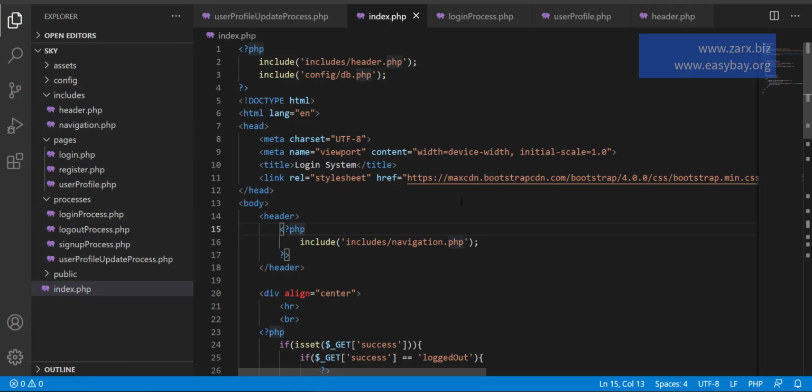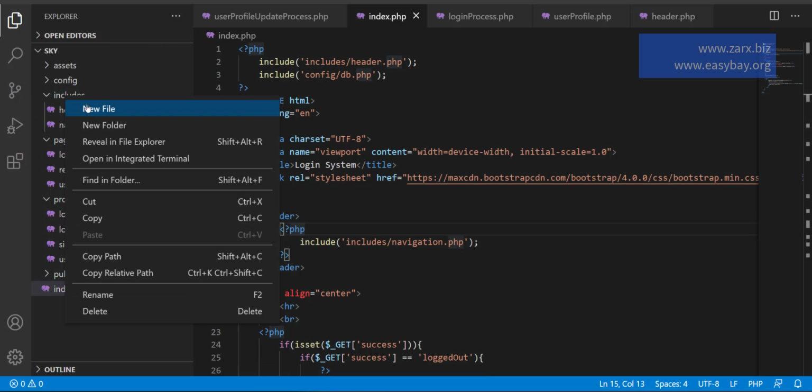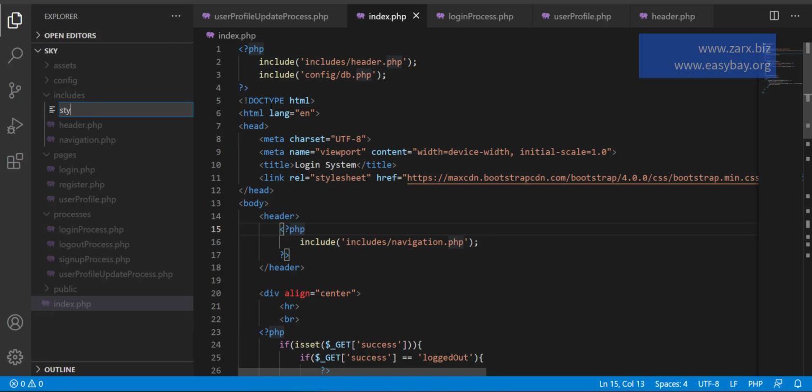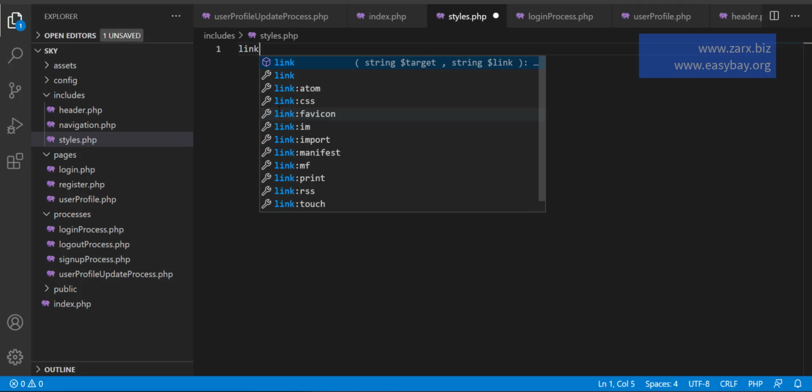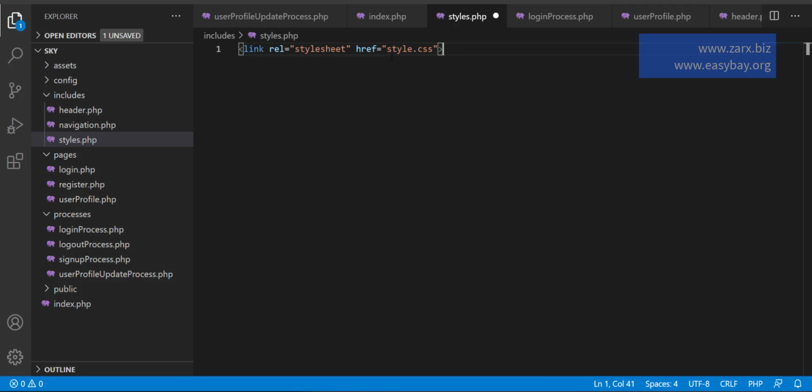Now I want to create a file that is going to include all the CSS files. So for our Bootstrap, for Font Awesome, or any other CSS library we are going to use, we should have all those libraries in a single file. So I go inside the includes. I'm going to create a file named styles.php, and I'm going to paste a link here to the CSS link, and here in href I'm going to paste the